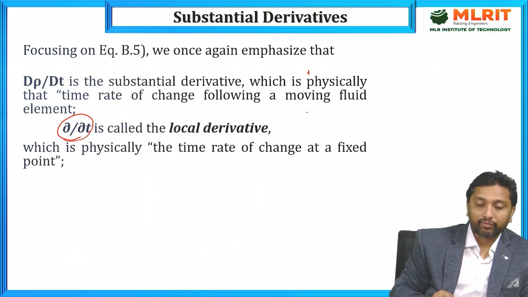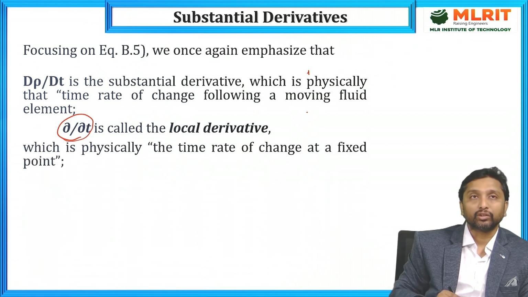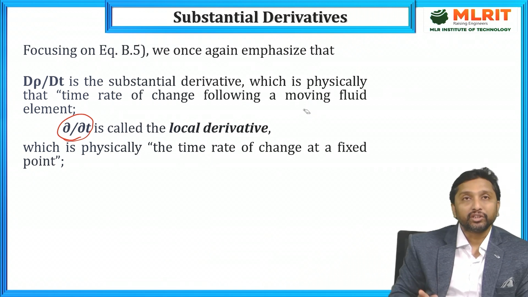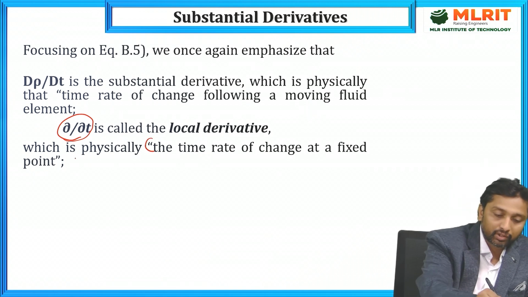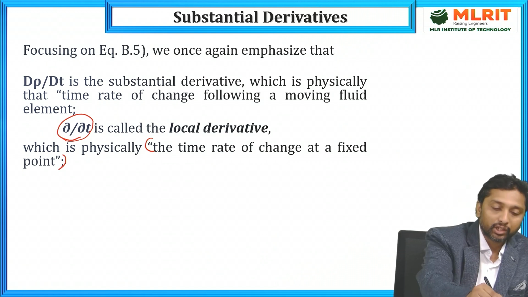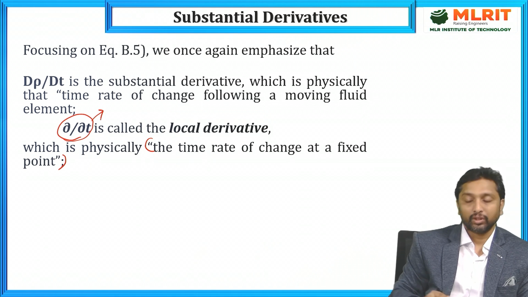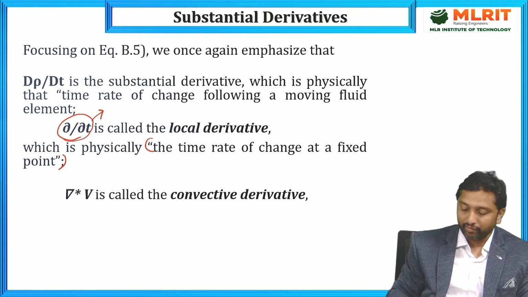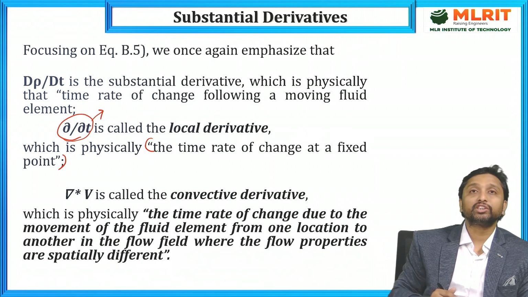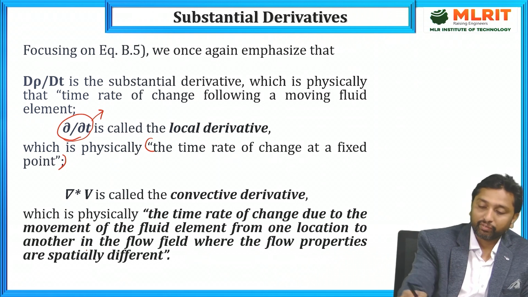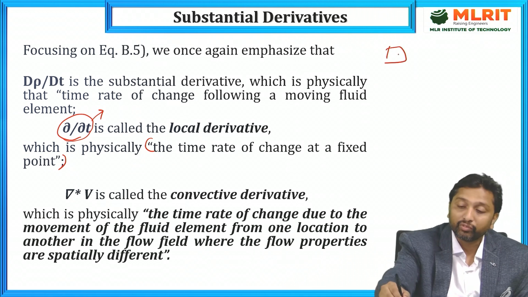So these are physically the time rate of change at a fixed point. The input at any given instant might be changing, so those changes in the input itself are considered as local changes, and they are represented by the local derivative term. Whereas we have the divergence term, which is called the convective derivative. Convective derivative physically means the time rate of change due to movement of the fluid in space from one location to another location. Since we have considered an element which is moving from this point to this point,